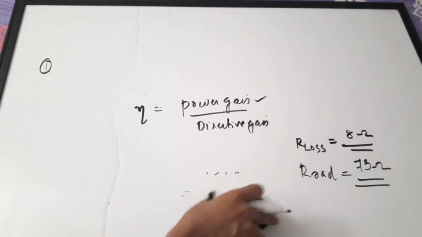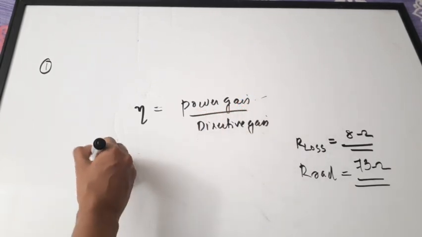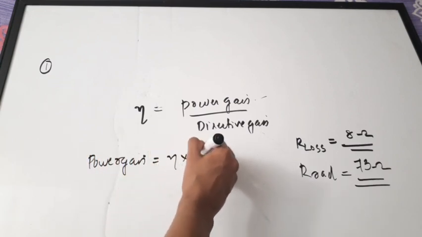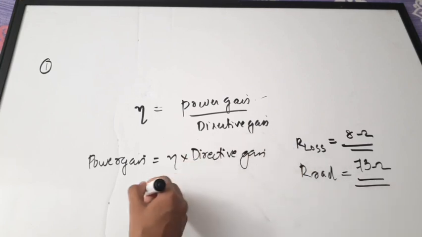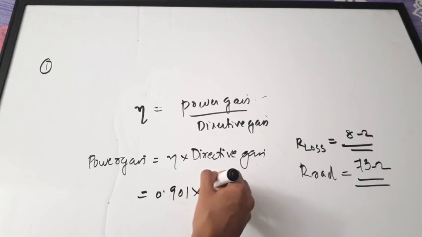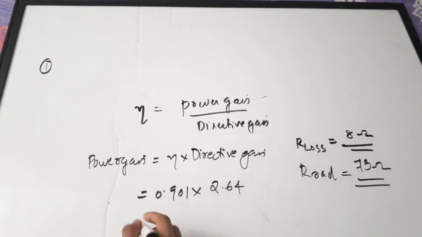From this equation, how will you write power gain? Power gain equals eta into directive gain. Now what is eta? Eta we have found just now, 0.901, into directive gain, which is already given in the question, 2.64. So while multiplying, you'll be getting the gain as